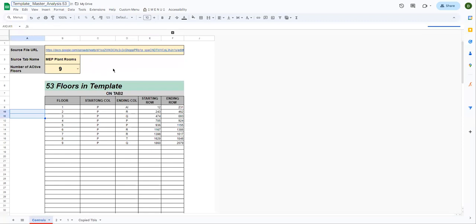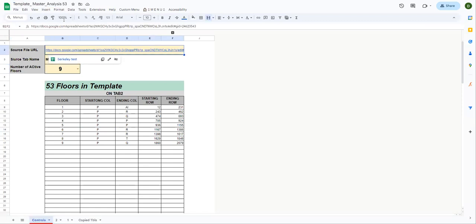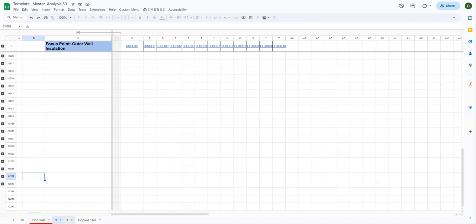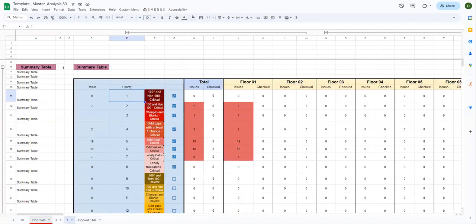So if you have a source document with more than 50 floors, you can always add floors and save it as 60 floors maybe, and you can use that sheet. Just open the sheet with the 63 number or 60 number and then paste the values and pull the data and see whatever the problems or the highlight things are there. And it should work. Currently it is working for,